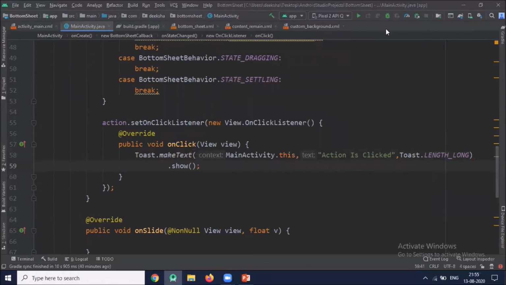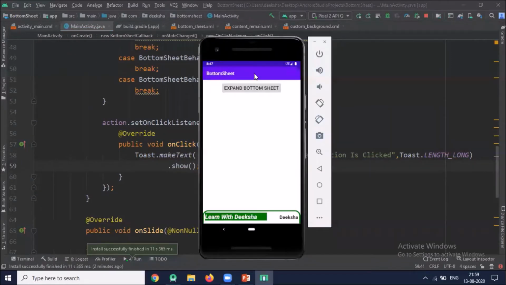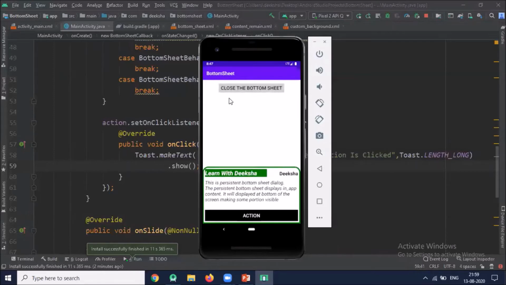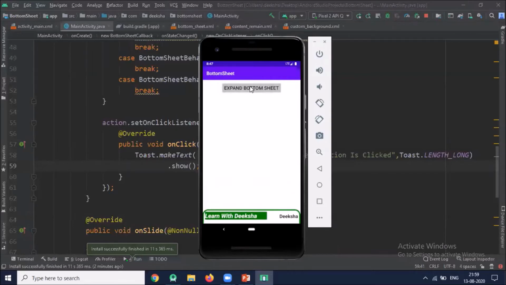Now we run our project. Here you can see our output, our persistent bottom sheet. Here you can see that some of the portion is still visible. So when I click on expand bottom sheet, full content is visible, and this is a rounded bottom sheet. And when I click on close the bottom sheet, it closes the bottom sheet. So this is an example of persistent bottom sheet.